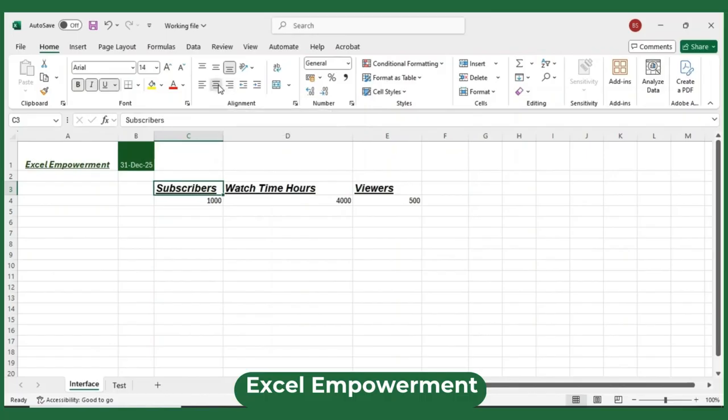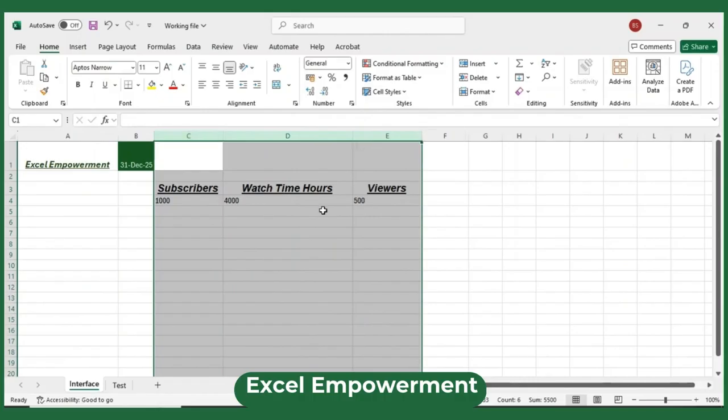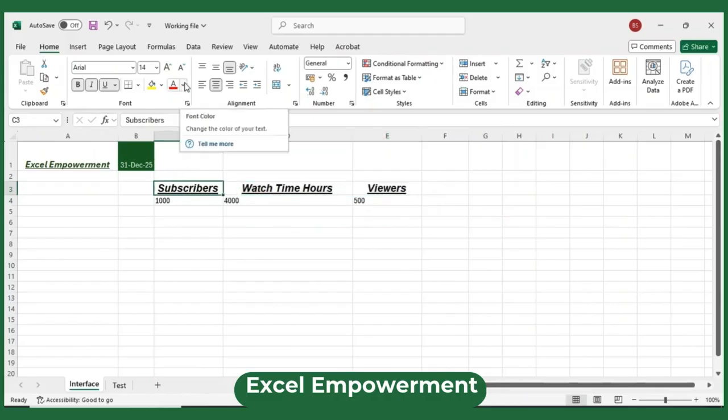Over here, we'll go to alignment, click in the middle, and it will change it to go into the middle of the cell. Okay, you can put it on the left, you can change it to the right as well, but I like it being in the middle. Okay, and then those totals at the bottom of the headings, you can leave for the left side. We don't want to change the